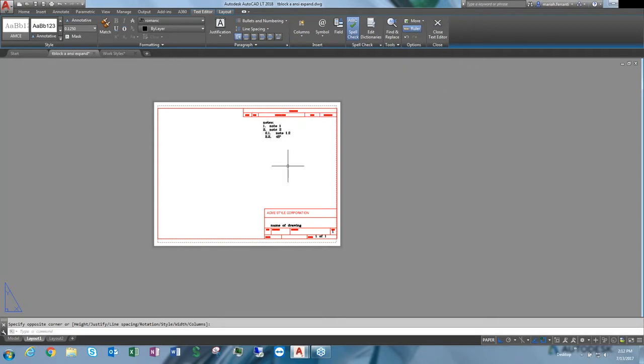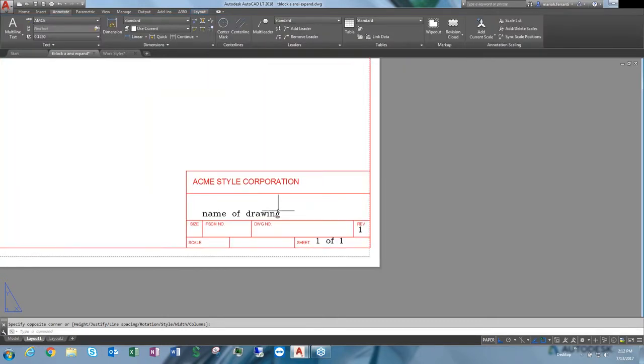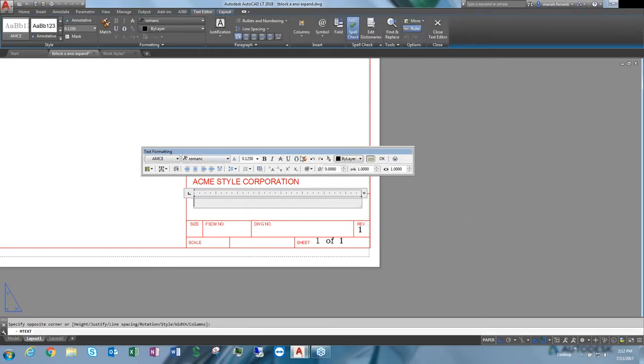Okay. So let's see. One other thing that's handy with text that I wanted to show is if we get this out of here, we can add a field. So let's put a text box in here. Again, we've got our formatting bar popping right up because we set that in the options already. So if we want to make a field, let's say we want the name of the drawing. So draw